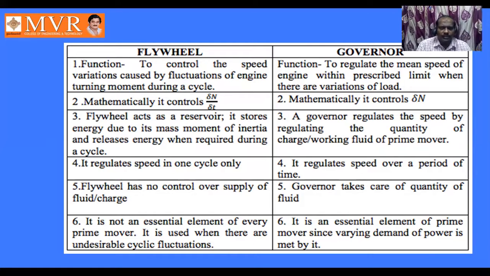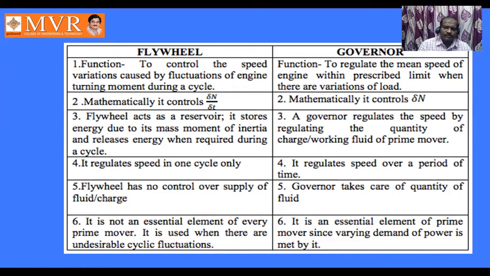The flywheel is in the third unit. Remember students, the governor is in the fourth unit. There are different types of governors. Flywheels are basically 2 types: one is the rim type, one is the rigid type. But in governors, based upon the mass, the design, the balls, and the spring, there are broadly 10 classifications, 10 types of governors. But overall, a flywheel has broadly 2 classifications and a governor has 4 classifications.